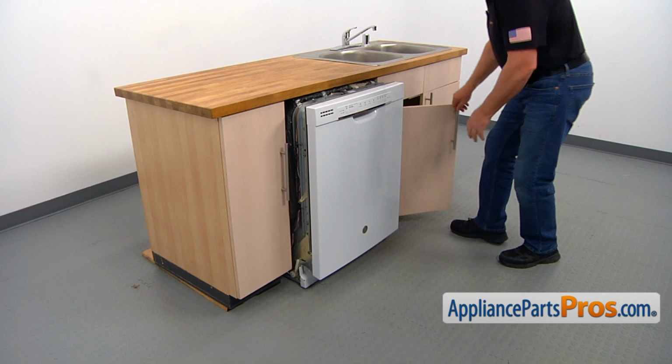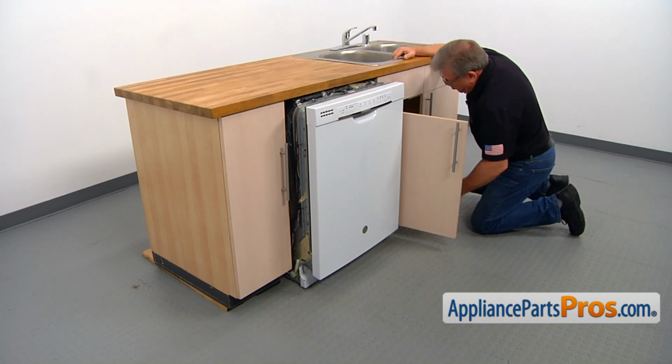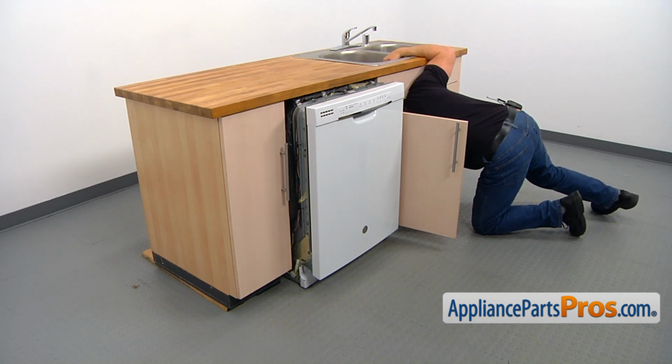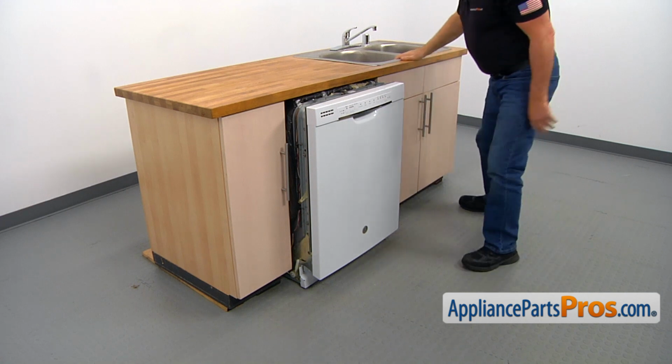Now we're going to duck under the counter and pull out the drain line, water supply line, and the power cord. And we can